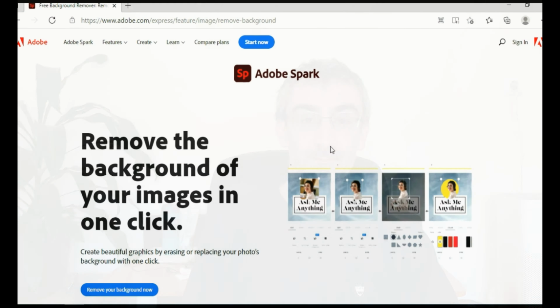I will show you how to remove image background in just 1 minute with just 3 clicks of a mouse, and you don't need any professional software and you don't need any special skills. First thing you need to do, you need to come on this website here,